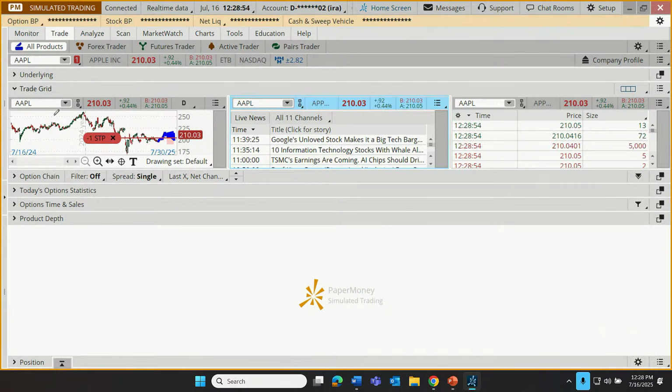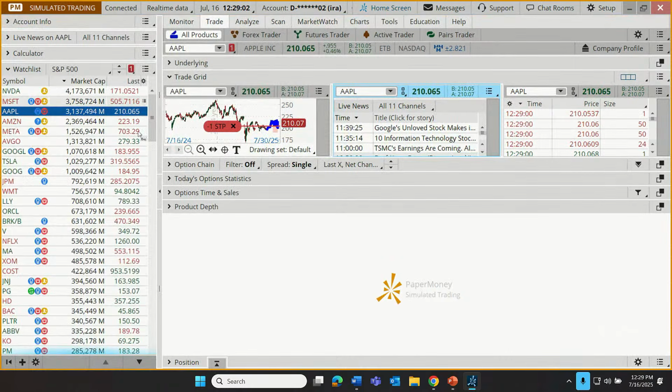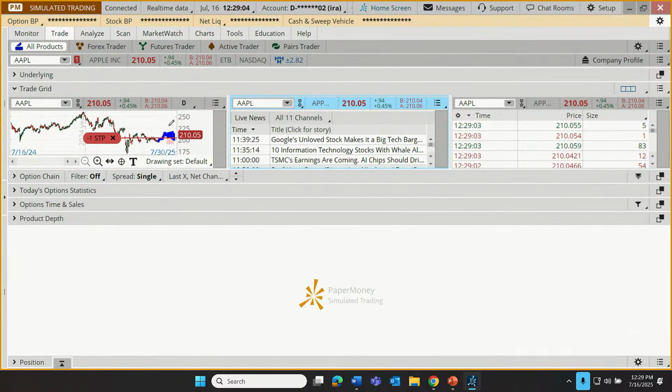So when we open up the trade grid, by default, it's going to be opening up 3 little windows here. And then we can load up different gadgets, much like we have gadgets in the left column over here. We can load up those gadgets right here. Chart, in this case, what do we have? Our live news here. These are customizable.